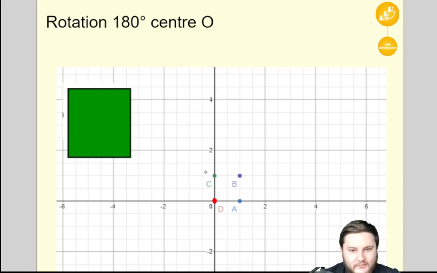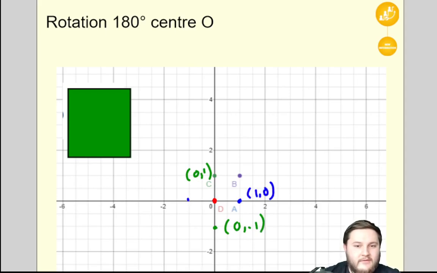So this point here, which is 0, 1, is now going to be this coordinate here, which is 0, minus 1. And this coordinate here, which is 1, 0, is now going to be over here, which is minus 1, 0. And this purple one here, which is 1, 1, is now going to be over here, which is minus 1,